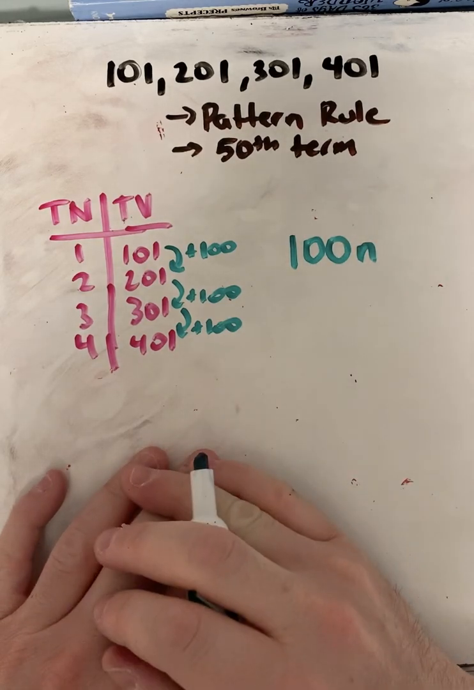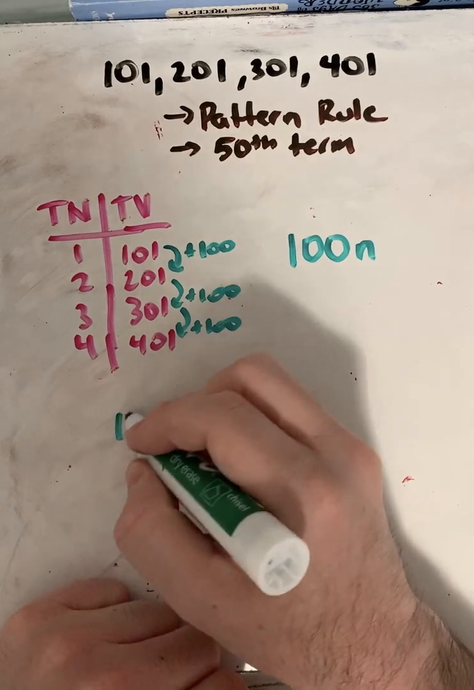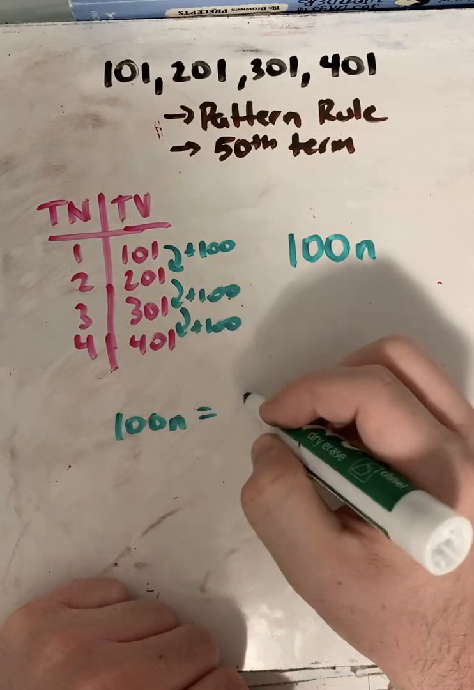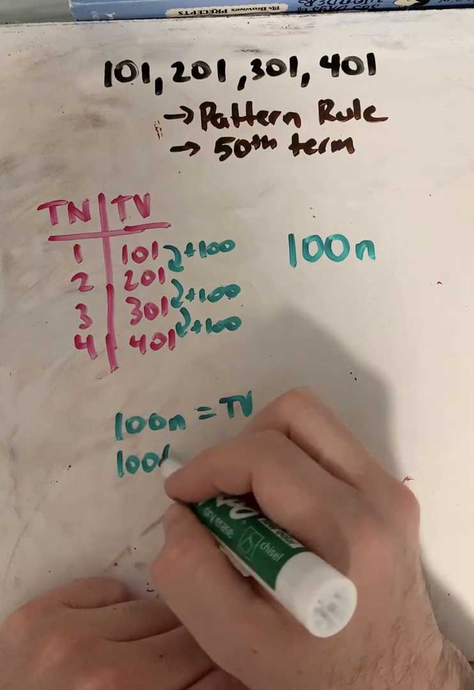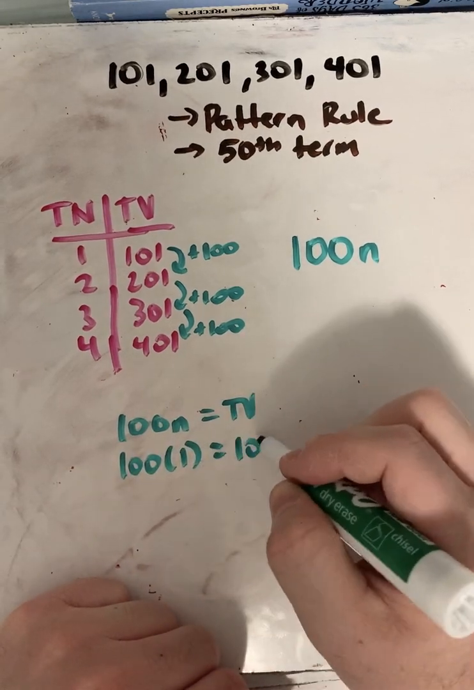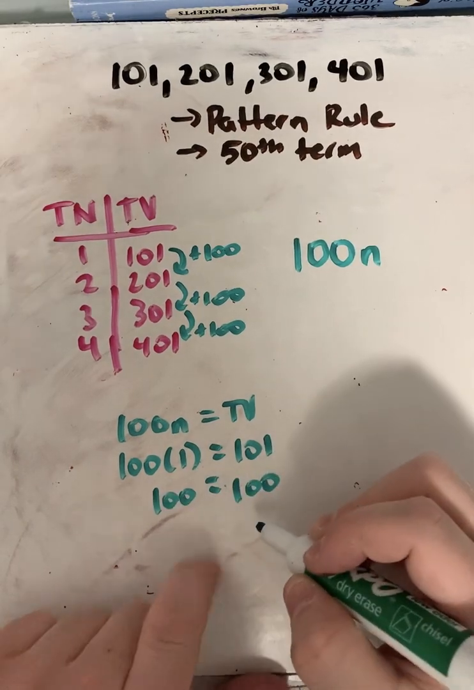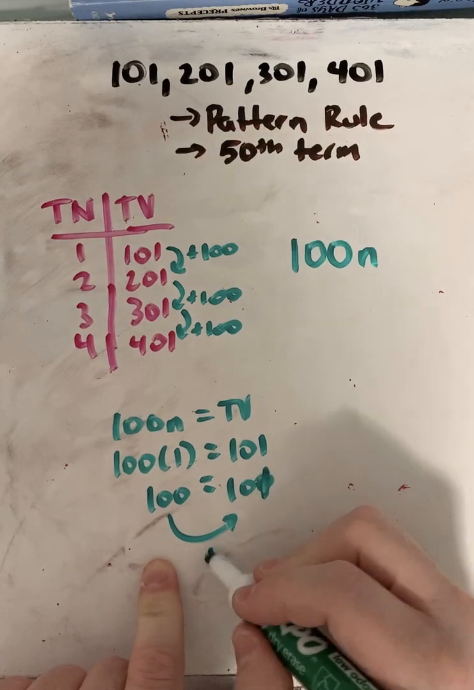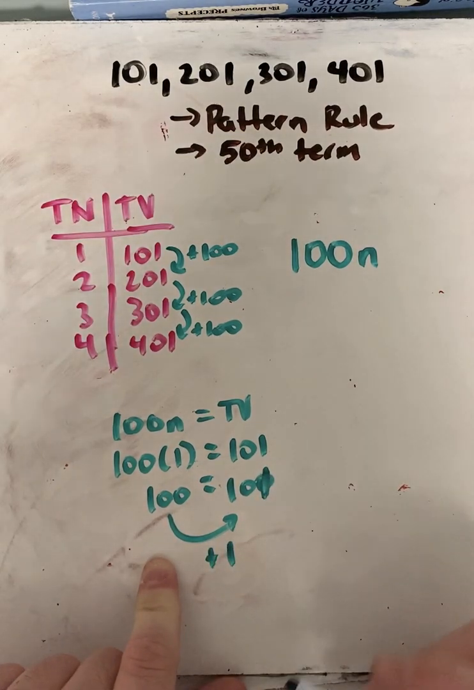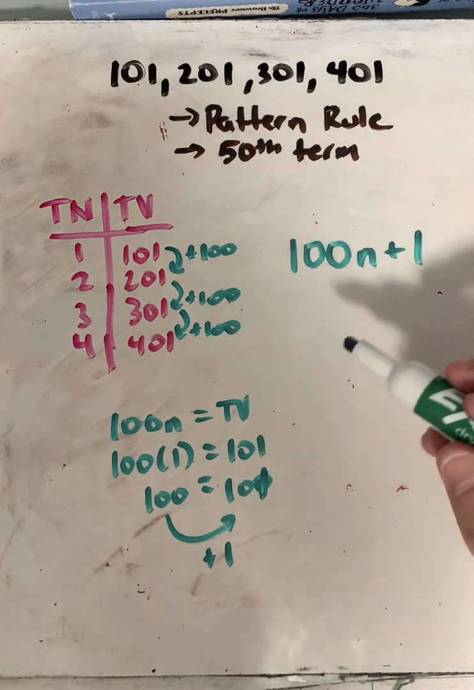Now, what you did at this point could have been the following. You could have tested it out: 100n equals the term value, which in this case, 100 times 1 should equal 101. Well, we know that this is not going to equal out, so you have to add 1 here. So you could have done it that way, or